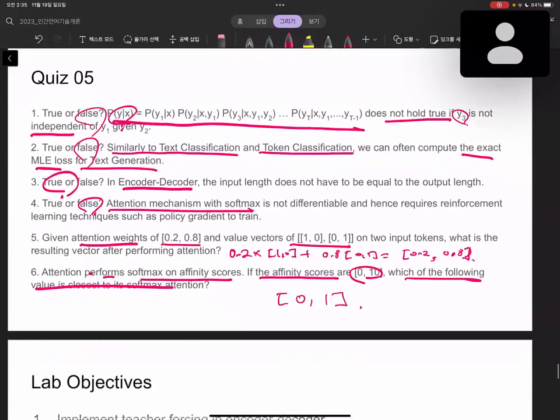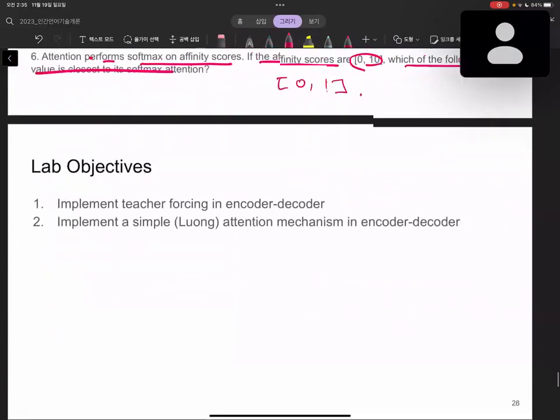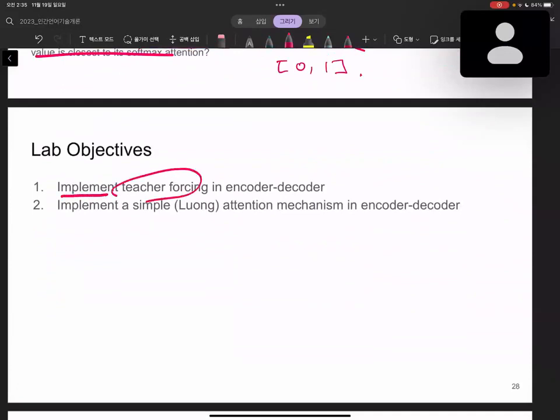Okay. Our lab objectives are to implement teacher forcing in encoder-decoder and implement a simple attention mechanism in encoder-decoder. Okay, this is it. Let's see